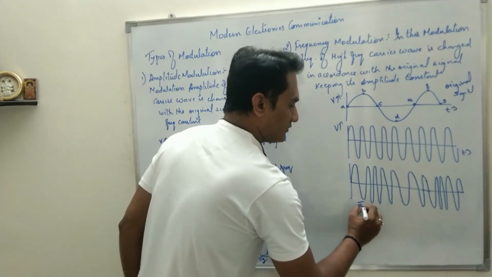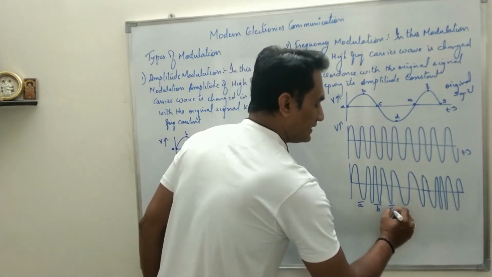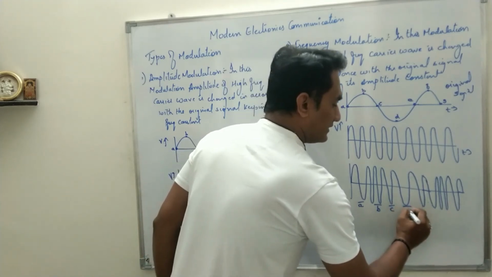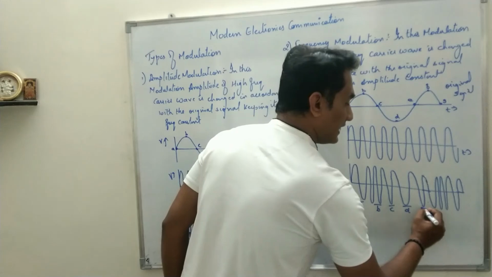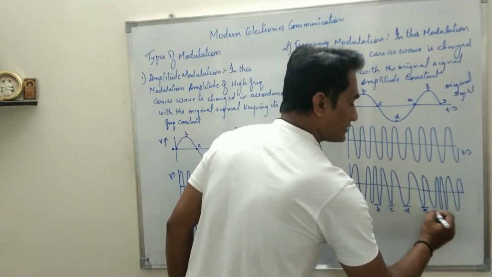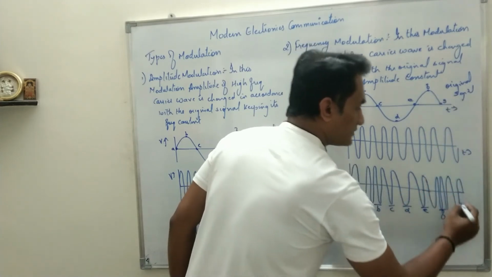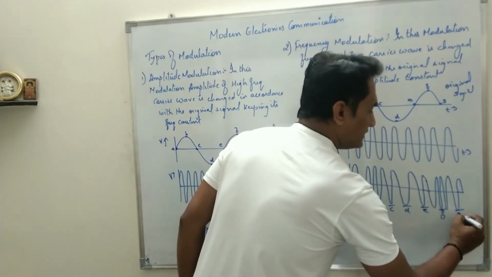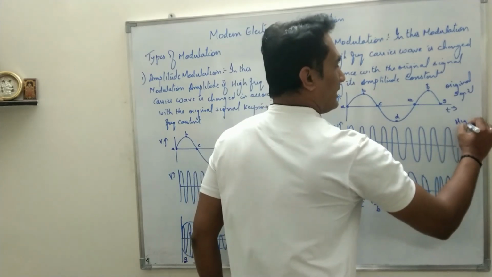At A, the frequency is the same. At B, frequency increases. At C, again it becomes the same. At D, the frequency is decreased, that means the time period will increase. At E, again it becomes constant. At F, the frequency will again increase because of the positive peak, and at G it will again come back to constant. So this is your high